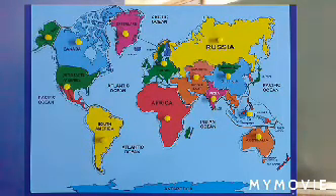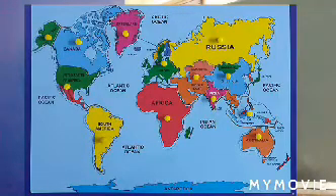Near the Pacific Ocean, you can see the continents North America and South America in the east of the Pacific Ocean. Towards the west of the Pacific Ocean, there are Asia and Australia. And between the American continents and Africa and also Europe, there is an ocean called the Atlantic Ocean. The Atlantic Ocean is west of Africa and west of Europe.